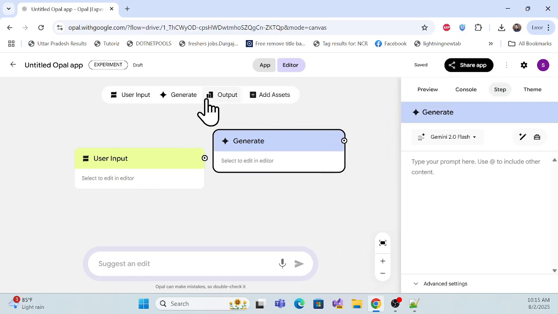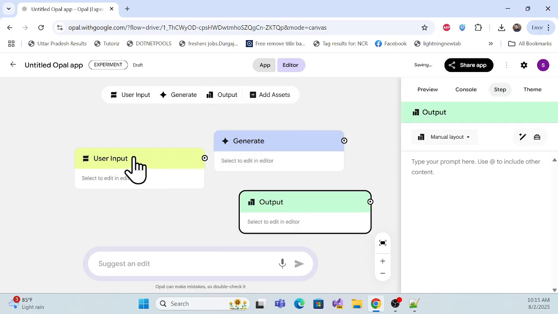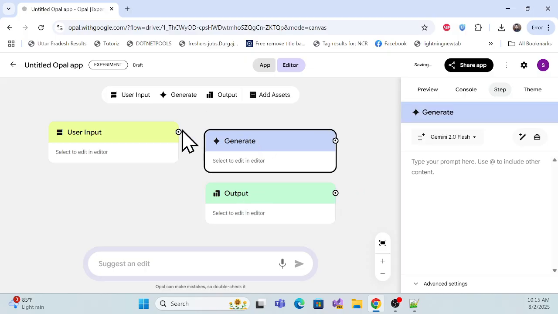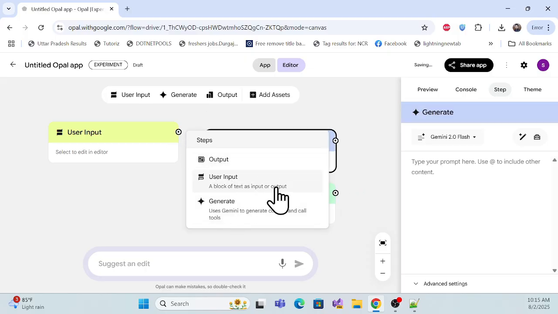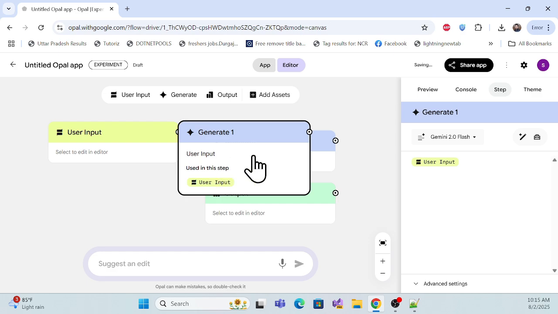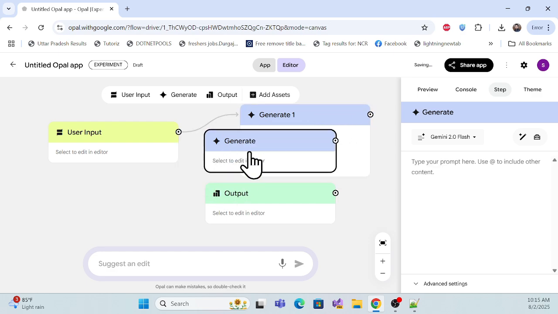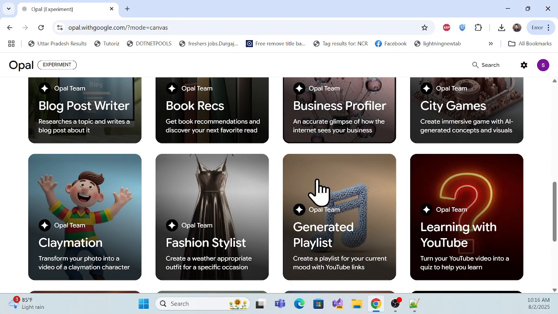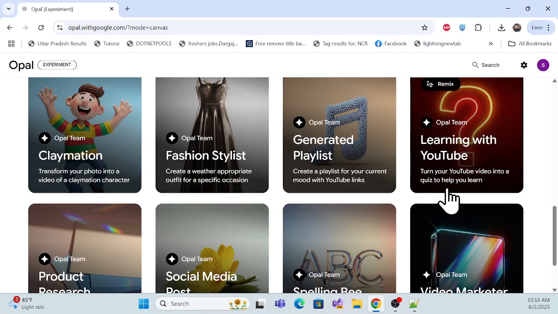And then there should be an output, right? So this is the output, like that you can create it over here, right? And then you can just generate it over here like that also. So you can make it over here and then get an output, right? It's up to you what you want, but yeah, this is the overall feature set over here. So you can generate anything over here